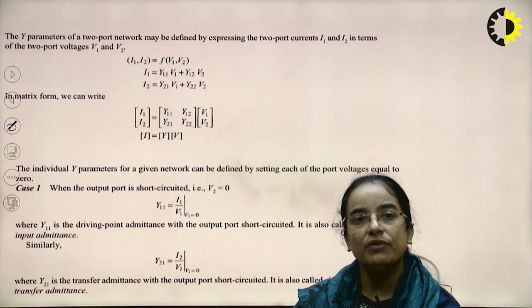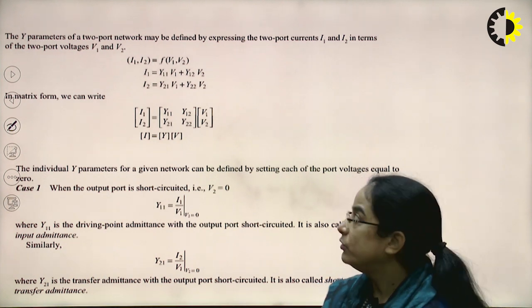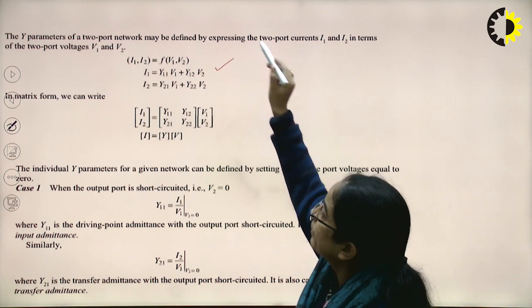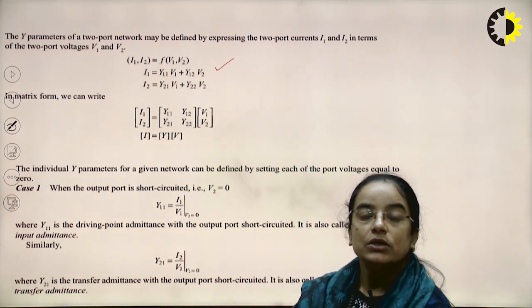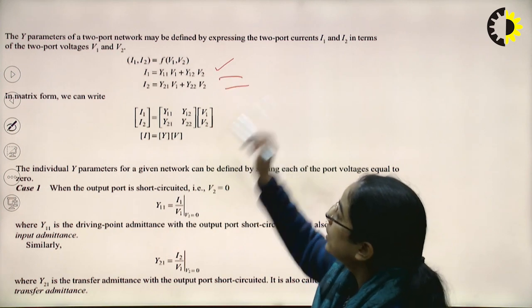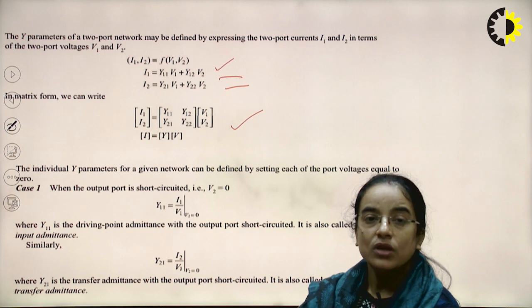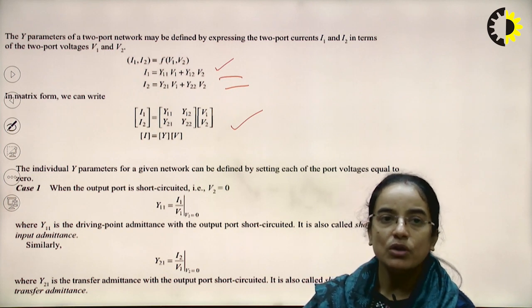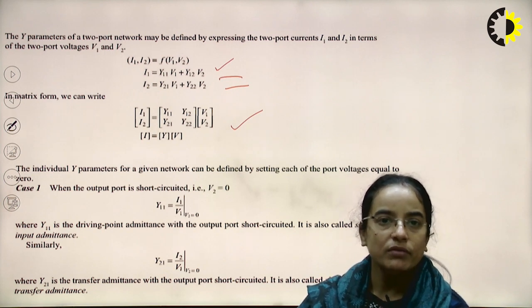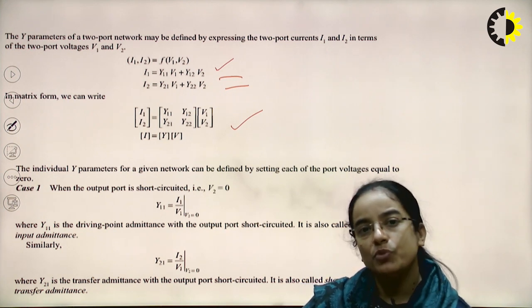So here I1, I2 will be expressed in terms of V1 and V2. I1, I2 will be functions of V1 and V2. Okay, so these are the equations. In matrix form we can write this. Now the individual Y parameters for a given network can be defined by setting each port